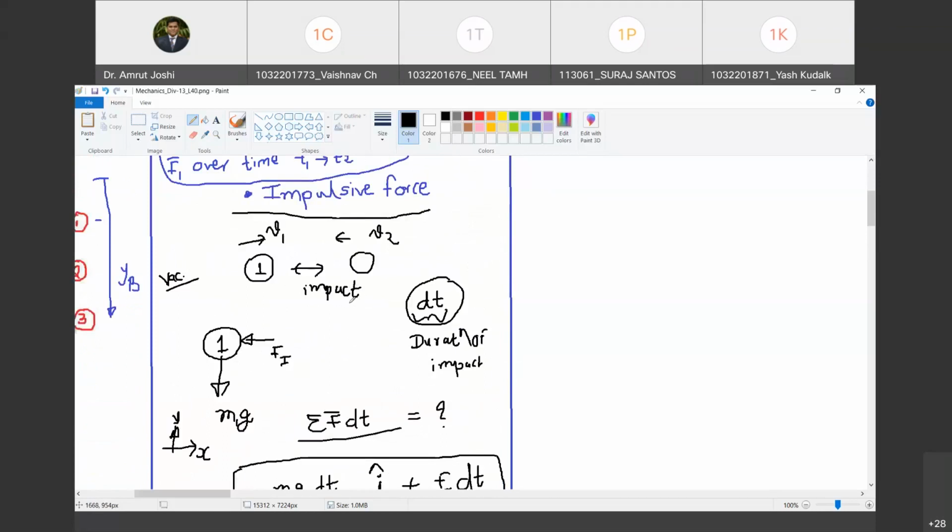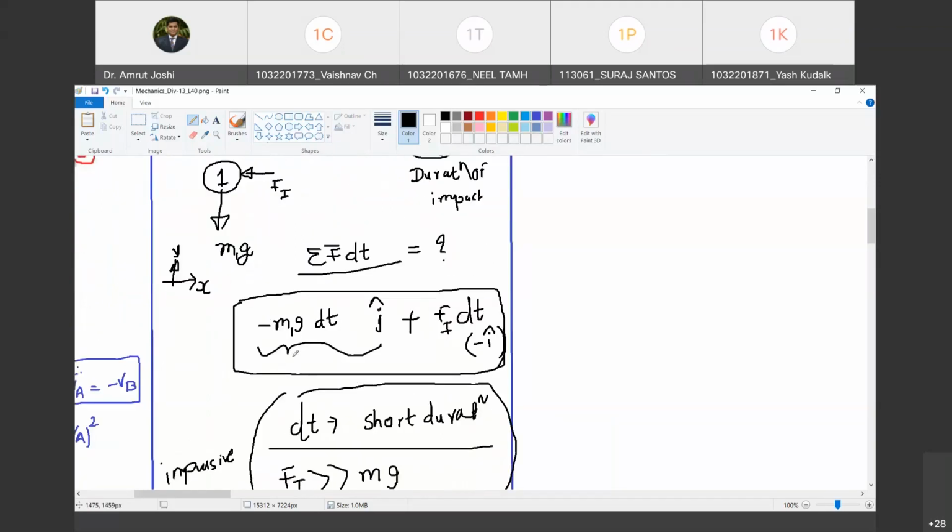So when we are studying a body subjected to impulsive forces, for example, when you are looking at the dynamics of a ball which shoots out after the shot has been delivered, in that case that ball is under the action of two forces. One is its self weight, and second is the impact that it has received from the bat. In such cases, you will observe that m1g is going to cause a very small amount of impulse, and that can be neglected in the analysis.